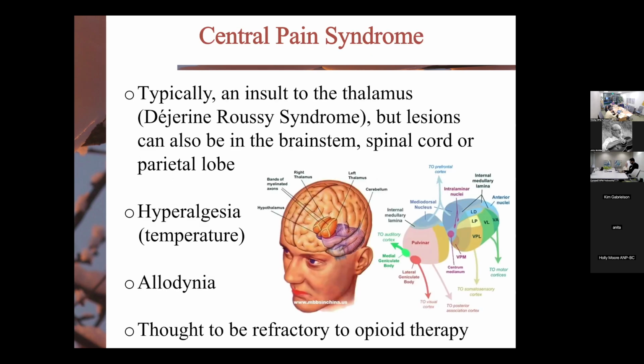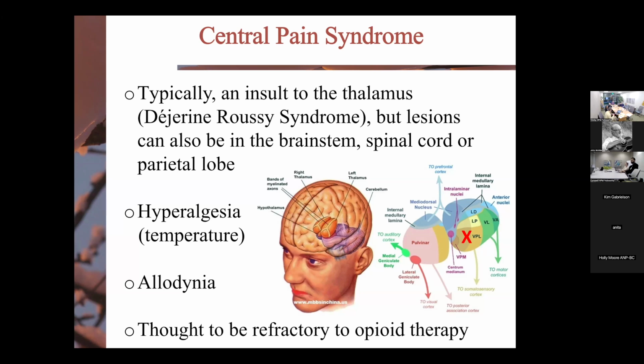So where do we use it? I really like this medication for a lot of neuropathic pain. One specific use is central pain syndrome. So when you have an insult to specific areas in the central nervous system, such as the thalamus, and here's my animation here, the ventral posterior lateral nucleus of the thalamus, when that gets hit with stroke or whatever it is,